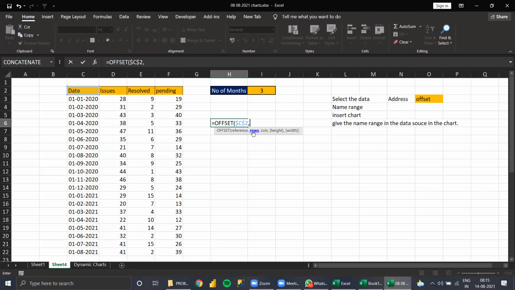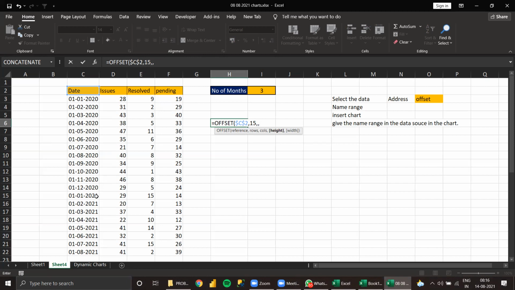So manually you need to check like this: 1, 2, 3, 4, 5, 6, 7, 8, 9, 10, 11, 12, 13, 14, 15. So for 6 months, 15. Then column movement, nothing, because same column, we need to do that.